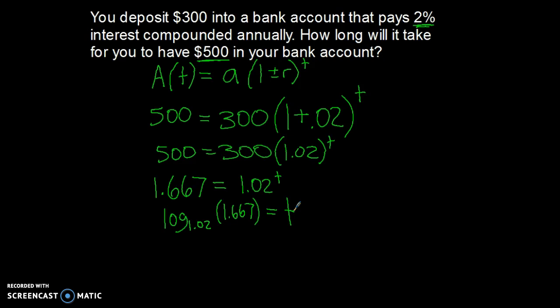Now our calculator does not have a log of 1.02 button, so we are going to have to go ahead and use our change of base formula here, which means that T is going to be equal to log of 1.667 divided by log of 1.02. Right? Remember the base goes on the bottom of your fraction there. At this point, we can finally solve it by putting this into our calculator. Remember to check your parentheses. And it should come out to